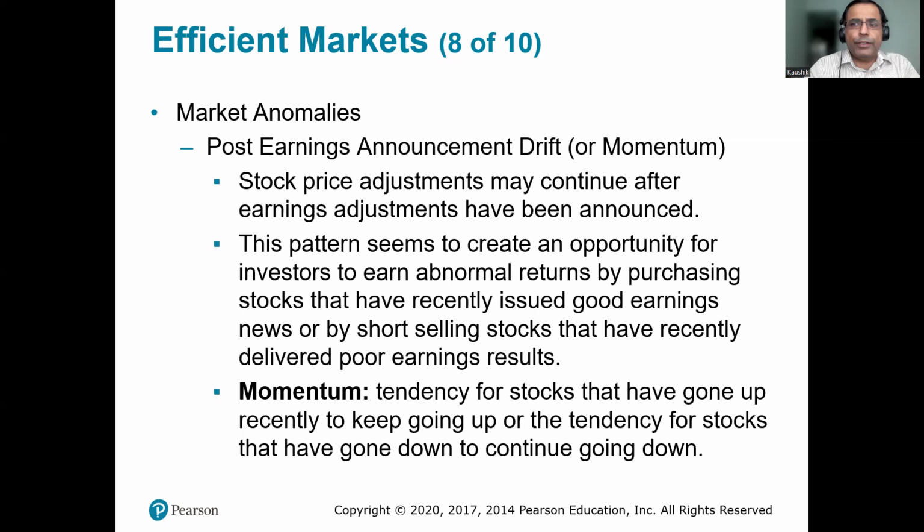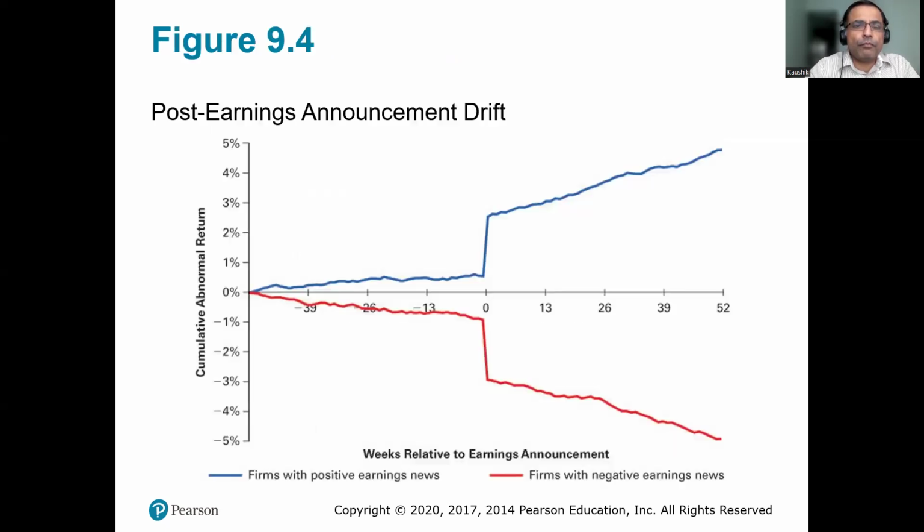Ideally, the positive or negative announcement should lead to a few days of abnormally positive returns or abnormally negative returns. After that, abnormal returns would not be possible. But in this case, we see that positive returns or negative returns tend to persist. So this is a graphical depiction of a post-earnings announcement drift. Just after day zero, there is a spike or a decline, but the abnormal returns do not come back to zero, they keep persisting.